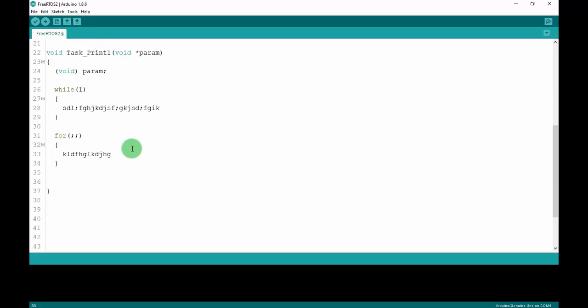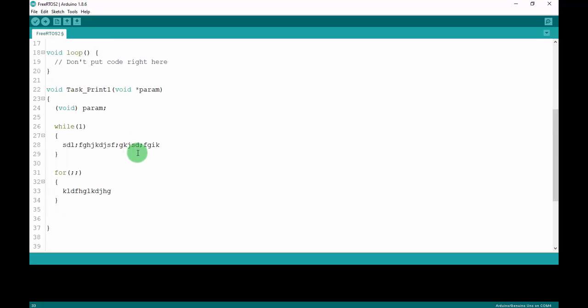Okay, there are 2 ways to create an infinite loop in a task, but I prefer the first one, so I will delete the for. Right here I will print to the monitor and add a delay time to switch between 2 tasks. I will use Serial.println task 1,